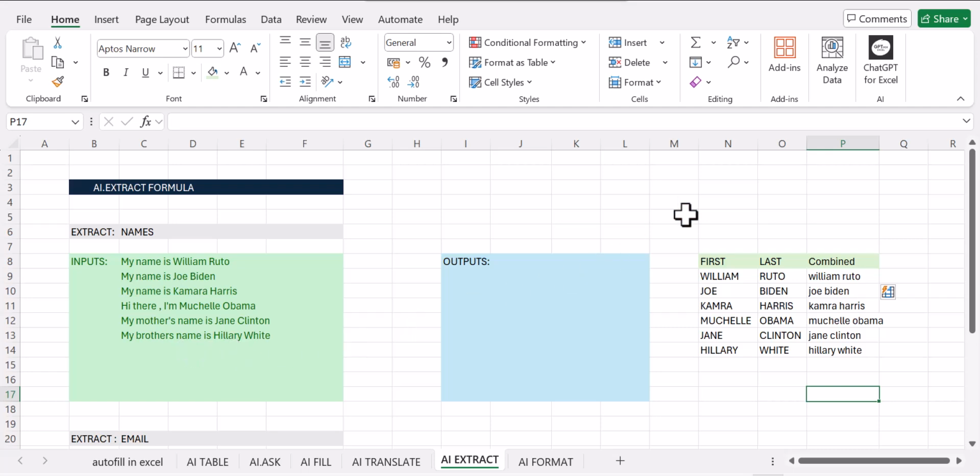So let's get started. The very first thing that you need to do is ensure that your Excel has ChatGPT for Excel. I've explained this in a different video. If you don't know how to do that, please go back and watch one of our videos showing this and then come back and continue with this video. Once you've done that,